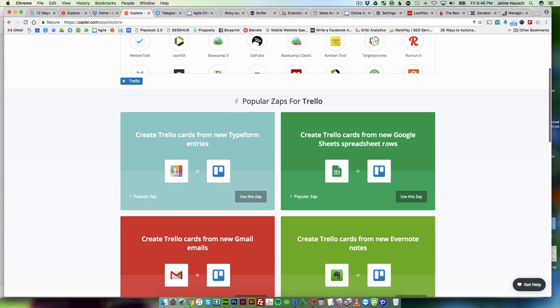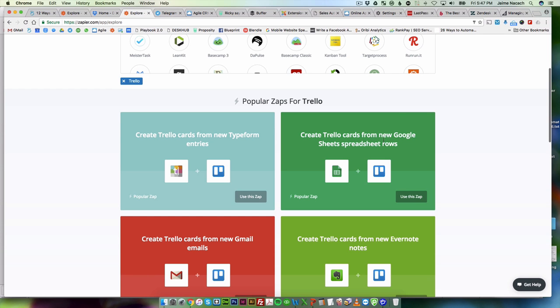The second example here says to create a Trello card, and a card simply means a task for a specific project. Here it says every time there's a new row or new information saved on a Google Sheet, which is like Excel, every time somebody updates a Google Sheet spreadsheet, a new Trello card can be created. So let's say somebody in your company is managing something in Excel, and every time there's new information saved into there, you want to assign that, let's say, task, in this case, if every row represents a task, into Trello. And then on Trello, you can have multiple people look at that, and multiple other things can be